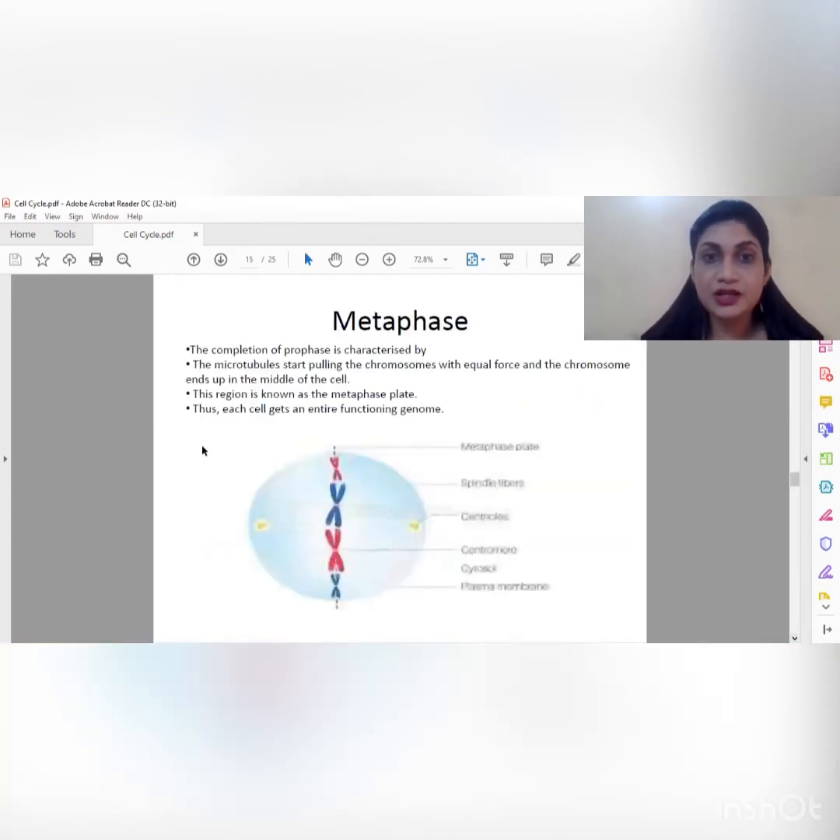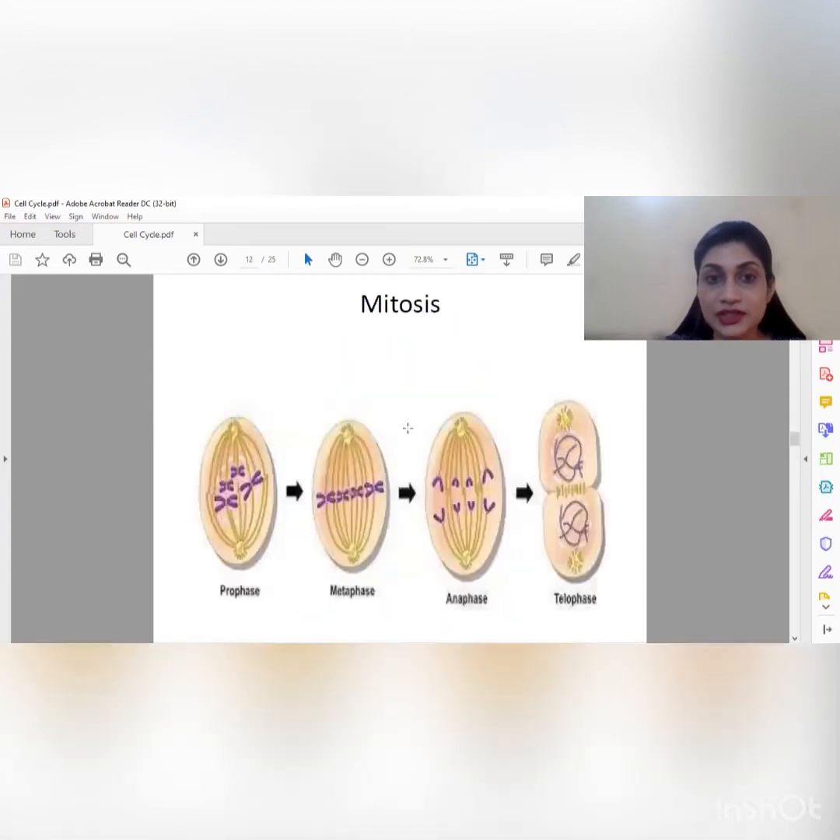Now let's move to metaphase. What are the main characteristics of this phase? We will be discussing that. The microtubules start pulling the chromosomes with equal force, and the chromosomes end up in the middle of the cell, like over here. Right now, they are not in the middle of the cell; they are haphazardly arranged. In metaphase, they get pulled by the spindle fibers